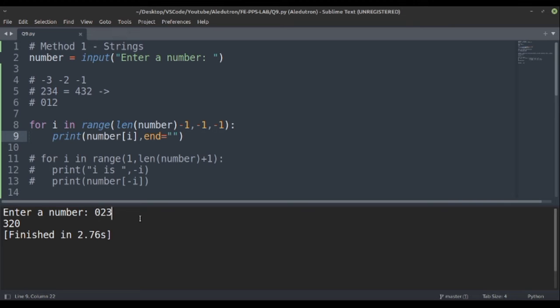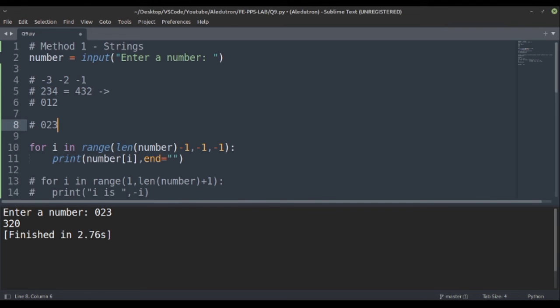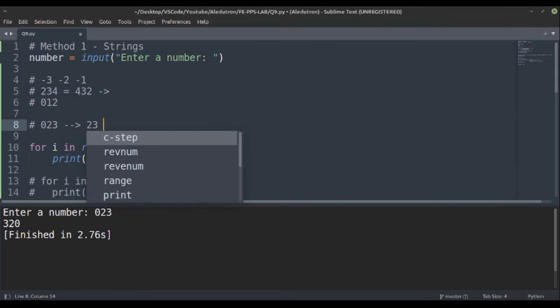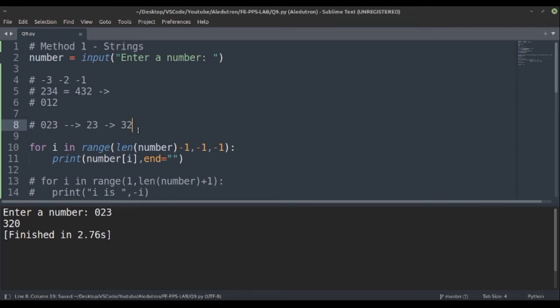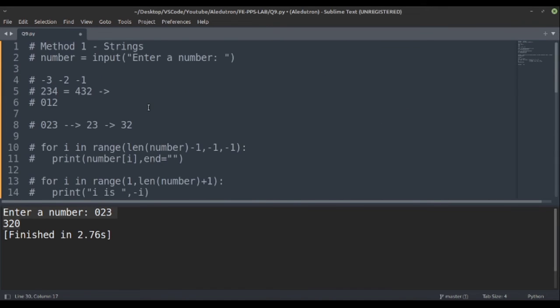We are giving an input 0 2 3. In integer it would become 23, and the reverse of 23 would be 32. So basically we want this answer 32, but we are getting 320. Why? Because we are working with strings.